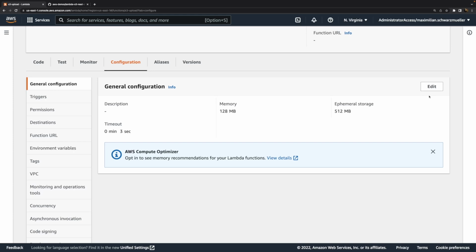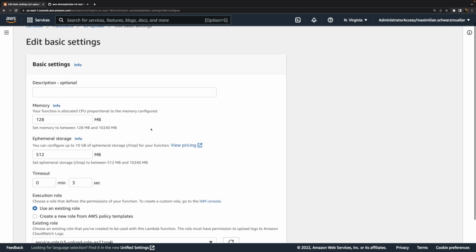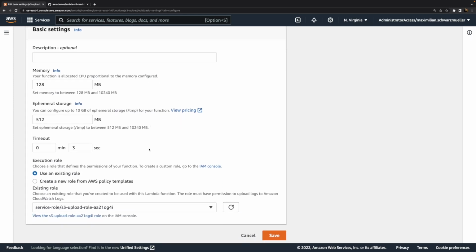For example, under general configuration, you control how much memory and storage is allocated to this function. Now, the more memory you allocate, the faster this function might execute, but the more you'll pay per execution. Though you actually get a generous amount of free executions every month, but that amount is exhausted faster if you choose more memory. And for this example, this lowest possible memory value will do, which ensures that we won't pay for this example if you got no other functions in your account at least.